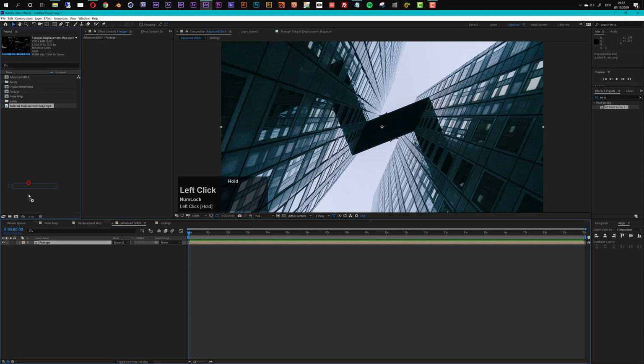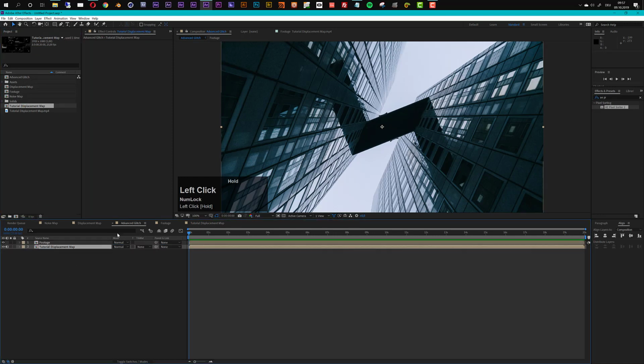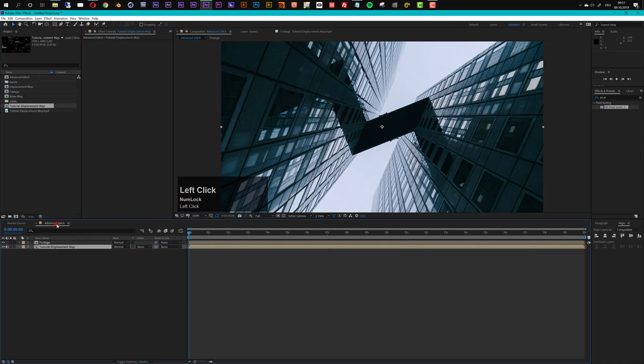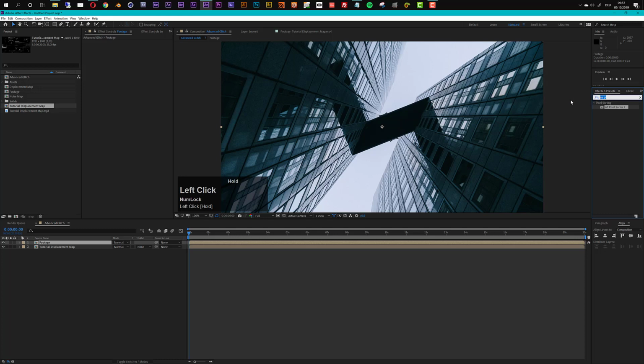Now I just want to pre-compose my displacement map and then drag it into my advanced glitch composition. Let me quickly close all the other timeline panels because I will not need them right now. Okay, so now I have my displacement map here. Now the easiest and simplest way to create glitches is just to add a displacement map effect. So let's do that. Let's go to our presets, displacement map, and I will just drag this on top of